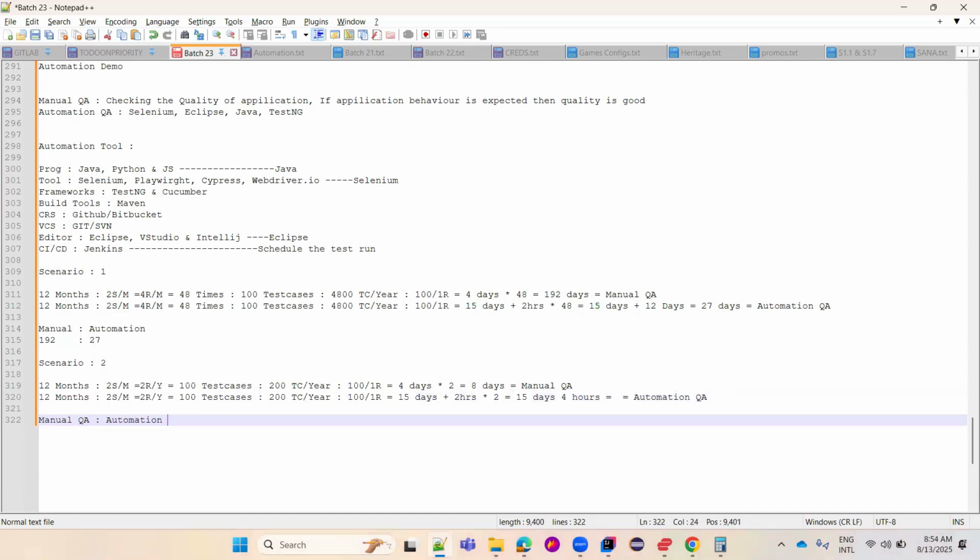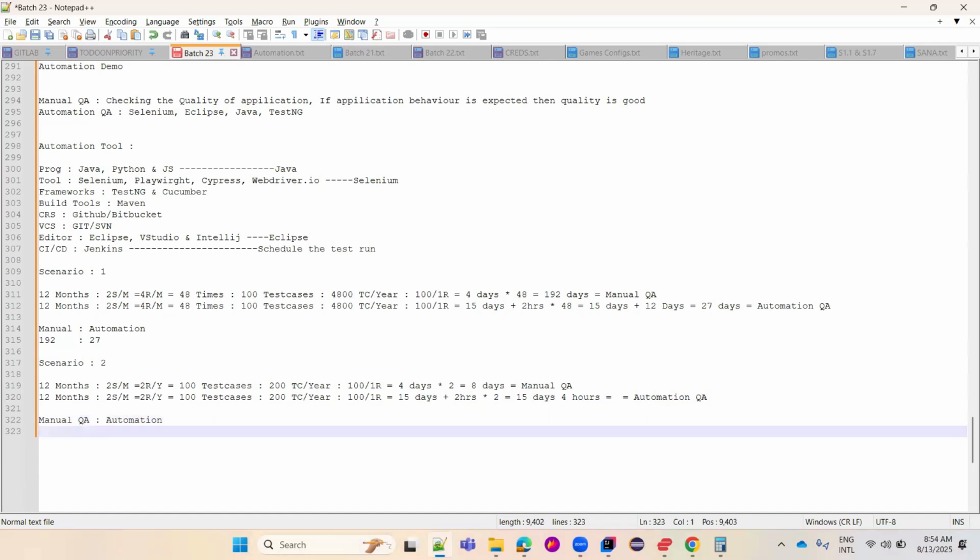What you people have to understand by seeing these 2 scenarios is that manual and automation both have equal priorities. But when it shows the difference, it depends on the requirement. For example, you are going to execute the cases repeatedly. Every month you need to perform regression, right?